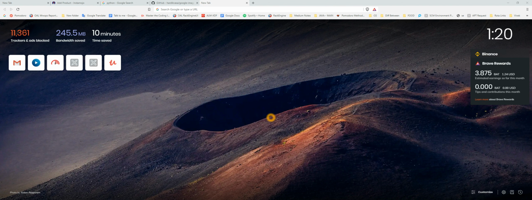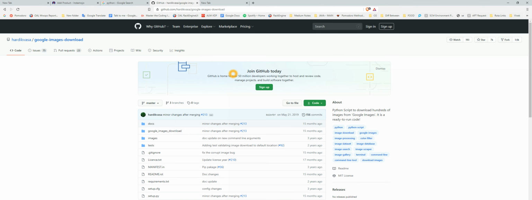Before all of this, Hardik Sarma developed this particular Git project, Google Images Download, which used to work flawlessly in Python. You had to do nothing, and you could download any images with any keyword. But sadly, Google has made some changes to its searching algorithm and backend, and as a result the scraping is not working now, and we are getting all of the images as 0 KB. So I tried all those tweaks and tricks in Google Images Download, and frankly, as a developer, I can do it.